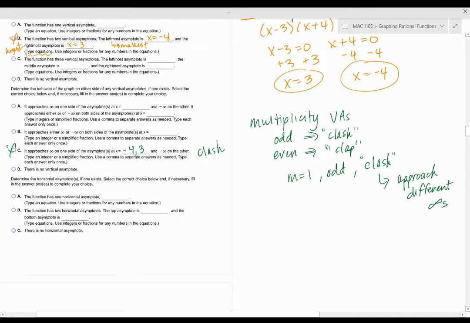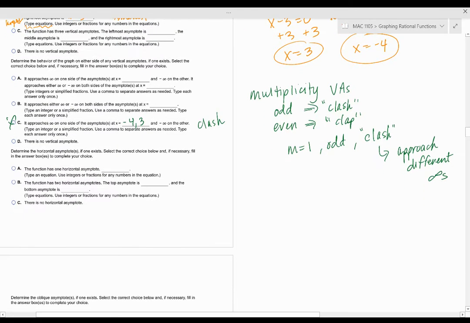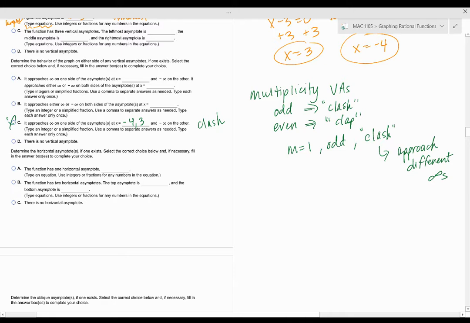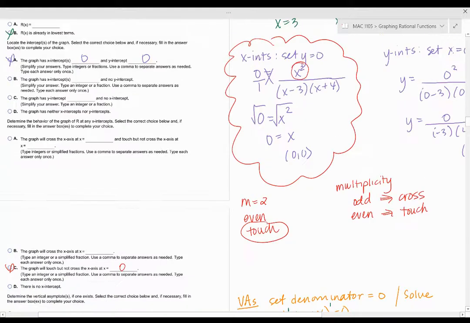All right, next one. It says determine the horizontal asymptote or asymptotes if one exists. Okay, so if we're looking for horizontal asymptotes, remember you have those two cases: either the degrees are the same or the larger degree is in the denominator. So when we look at our function,